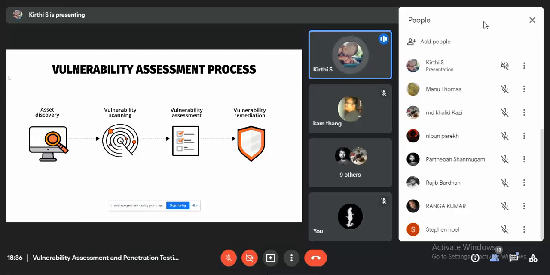So next thing is the vulnerability assessment process. In that there are four subcategories. First thing is asset discovery. Asset discovery is used to detect and manage the local and remote endpoints, servers and router devices or local network, for example DMZ. Then vulnerability scanning. Vulnerability scanning also scans for OS vulnerabilities, web application vulnerabilities, third-party vulnerabilities or zero-day vulnerabilities.